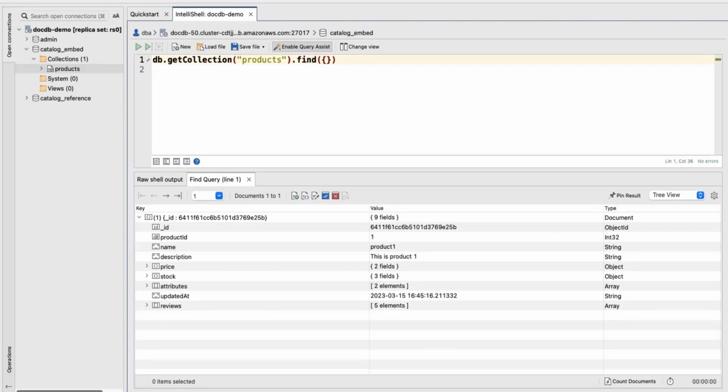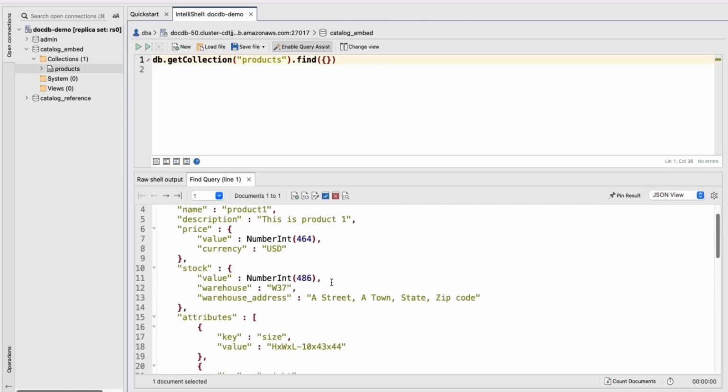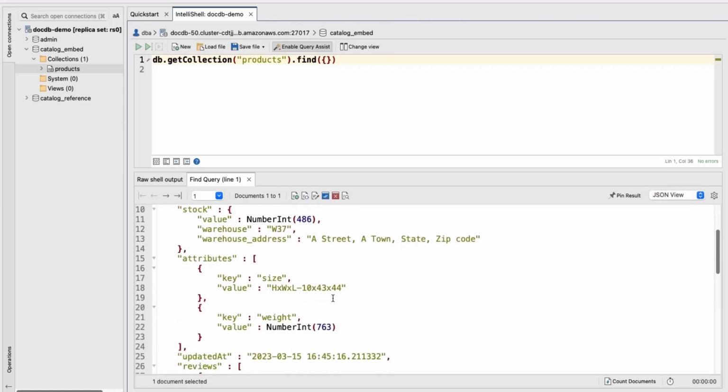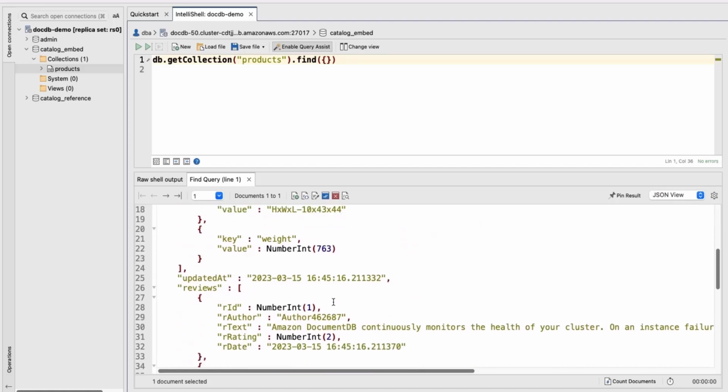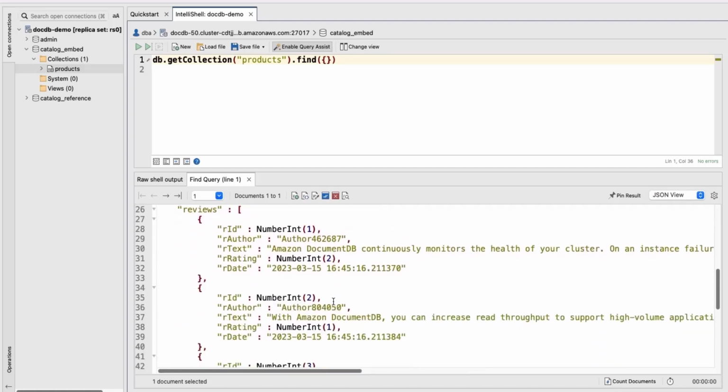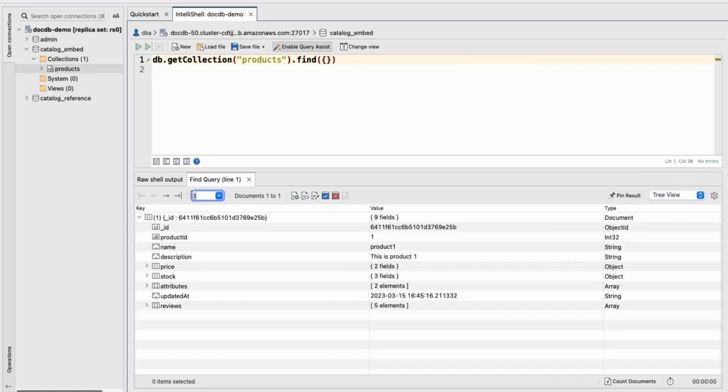Let me switch to a JSON view so we can see the schema in JSON format, which looks like this. It's a randomly generated data set which I've created for this example. I'll switch back to tree view.